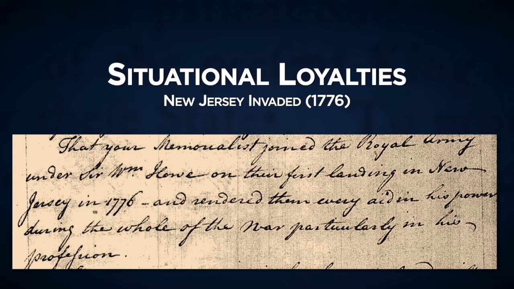Our final case study will be exploring the question of loyalty. In New Jersey, it is difficult to really understand who is a loyalist and who is not. New York was a base for Loyalists, and the late 1776 occupation of most of New Jersey made many in the state choose to support the king in droves.